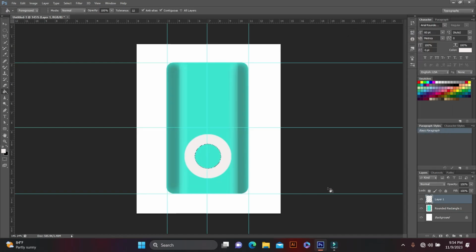Wow, now you can see it looks a little bit like an MP4 player shape. Deselect. To deselect, press Ctrl D. Otherwise you can deselect from the menu also, but it's easy to do with the keyboard. Ctrl D to deselect. To give a more natural 3D effect to this, select your layer 1, this first layer,